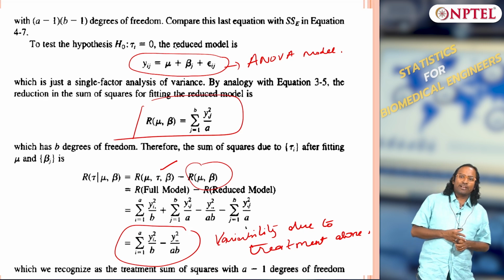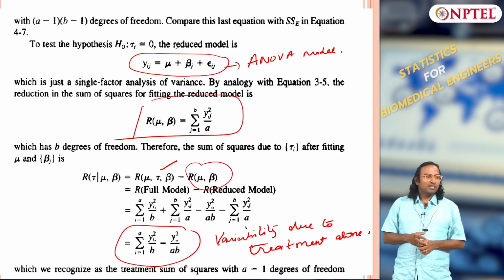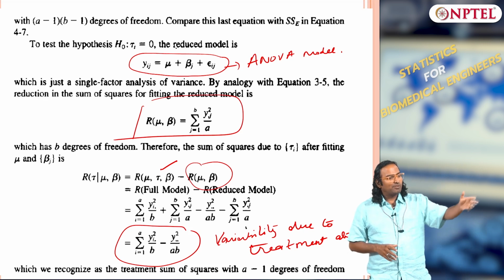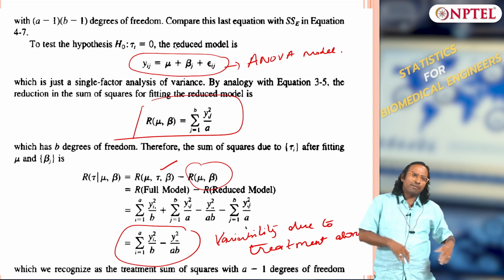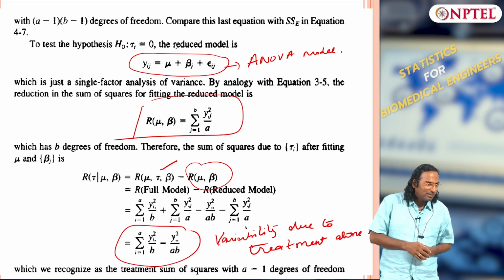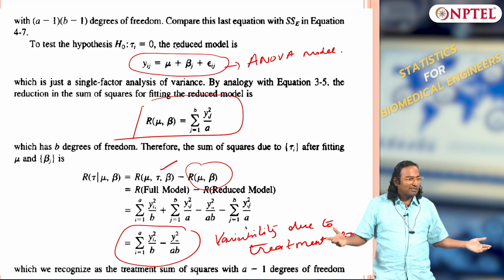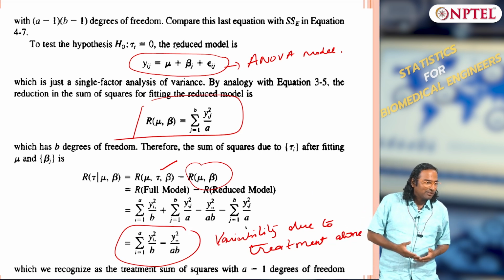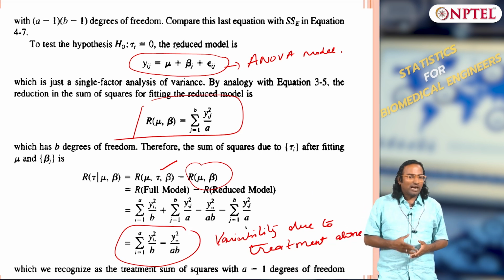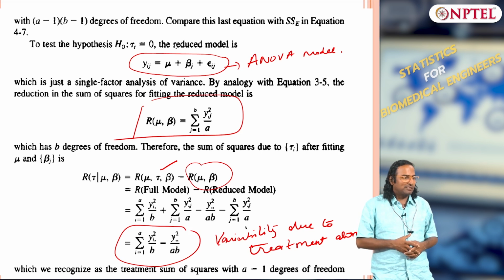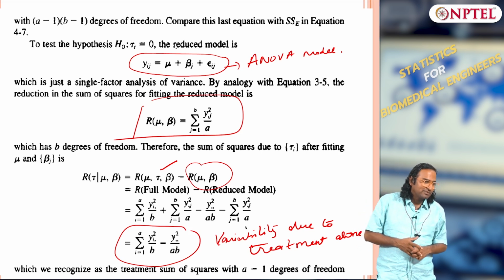Only by taking a ratio can you interpret, because depending upon the data itself things will vary. Your treatment may have explained a large portion of the data, but the unexplained variability may be even larger, and then it is not significant. So that is why a ratio always makes sense, and it becomes dimensionless.